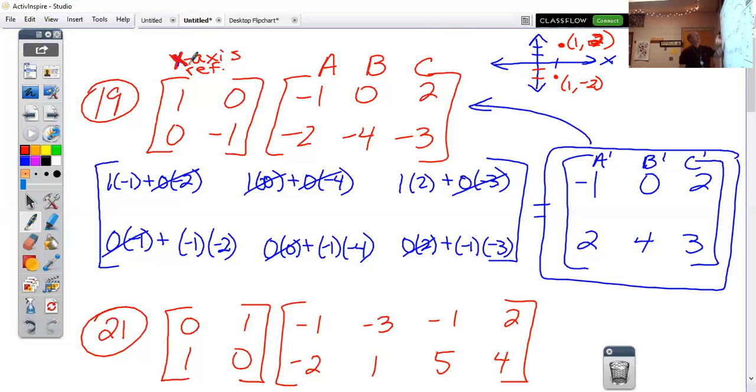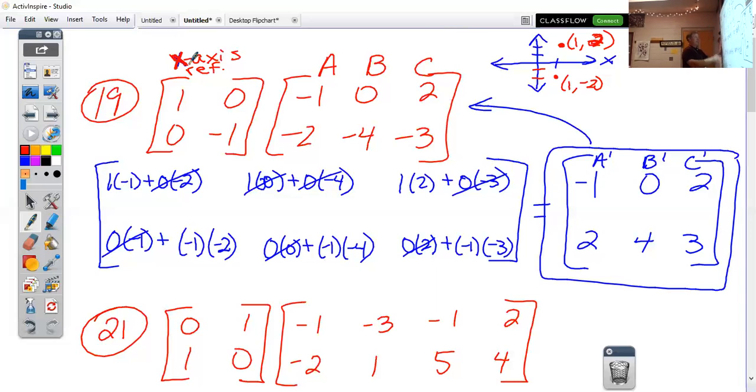I should have read the problem. For the x-axis, this is its reflection, and all you're going to do is change the signs of the bottom row, the y's, okay? If it's the y-axis, you're going to change the signs of the top row, and that's it. Everybody good? Okay. If it is the y = x axis,